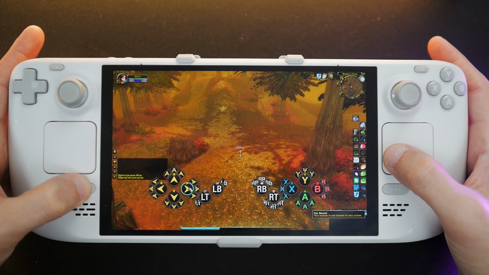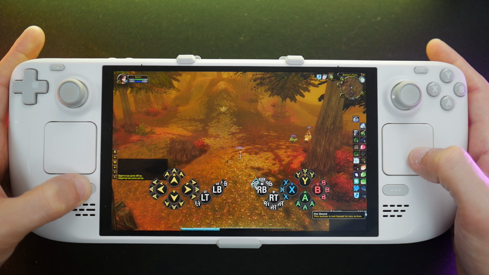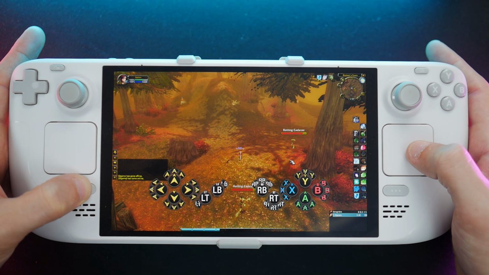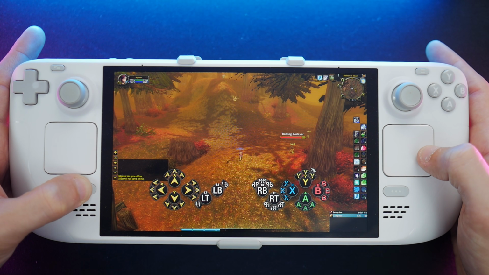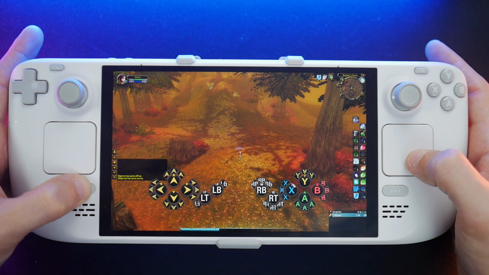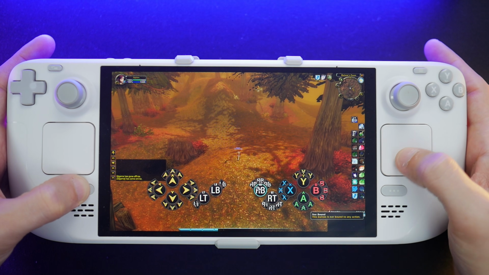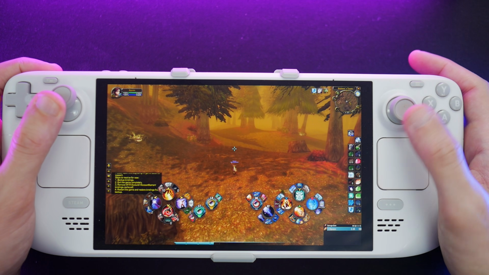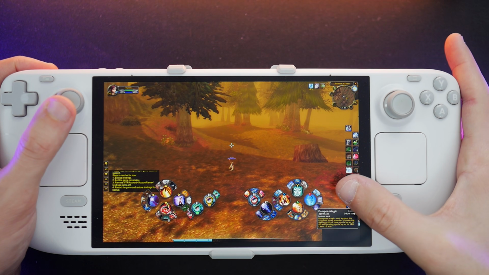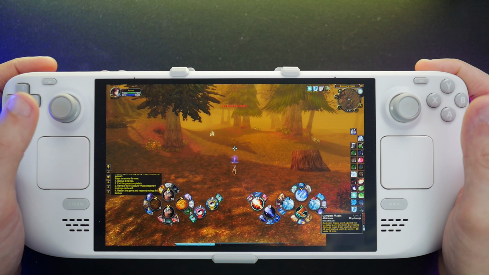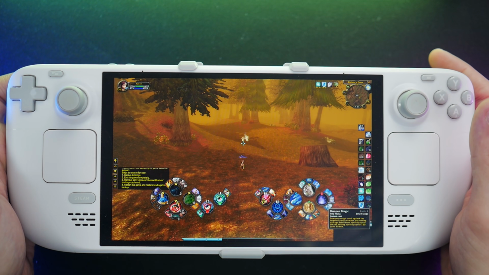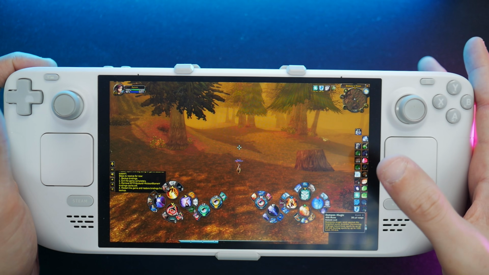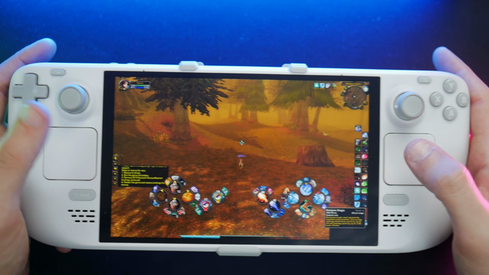I've made these a lot bigger, and I've also set it to display every different combination, so that if I forget what spell sits where, I can just refer to it. It's kind of hard to see, but I know that if I press LT, it's going to switch over to the next set of buttons here. So yeah, if I press this, it will give me a whole new set of spells over here. If I press the left trigger, it will also change it to a whole other set of spells. It also changes it on the left here. So you have a lot of different